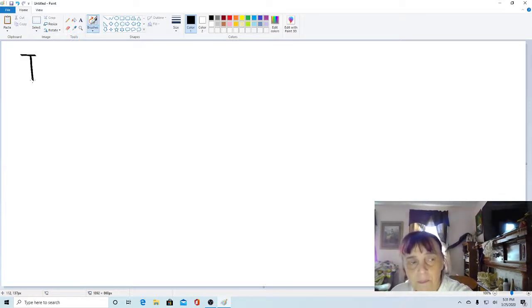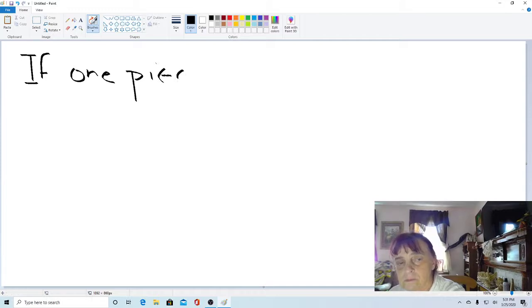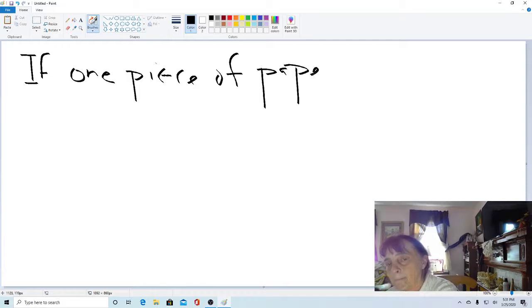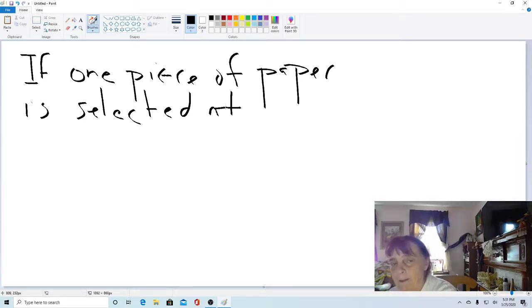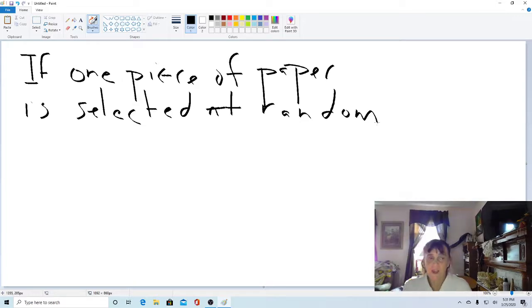If one piece of paper is selected at random from the hat,